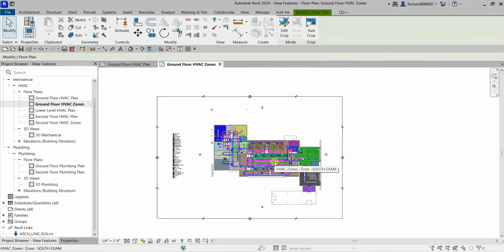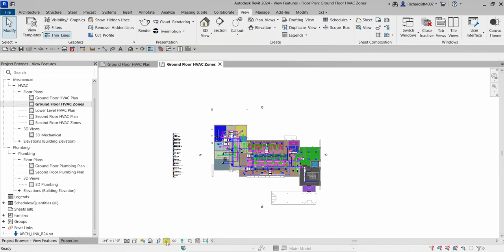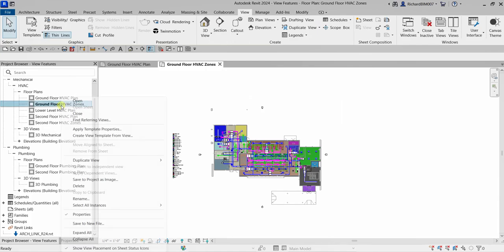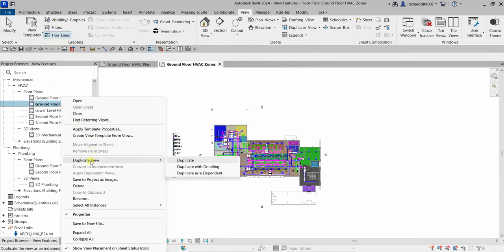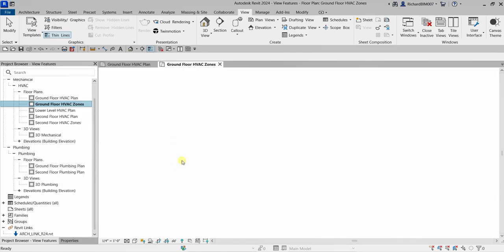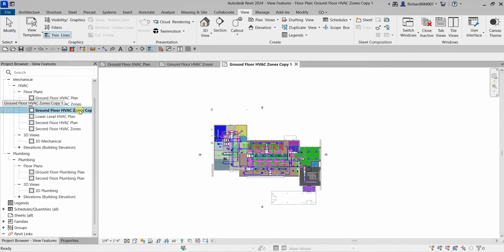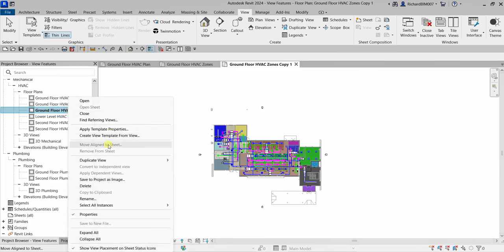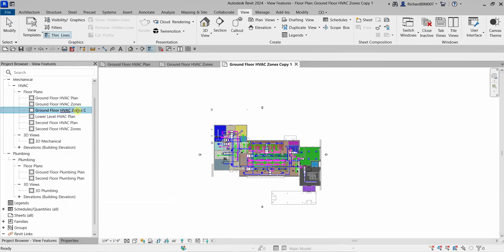Now in the 3D view, if you want to crop your 3D, you can use the section box. But let me just quickly show you how to use your crop region. Now before I do this, I'm just going to close this one. I'm going to duplicate this. Right click, just a normal duplicate. So just duplicate like that. And I'll just rename this one. I'll rename this like